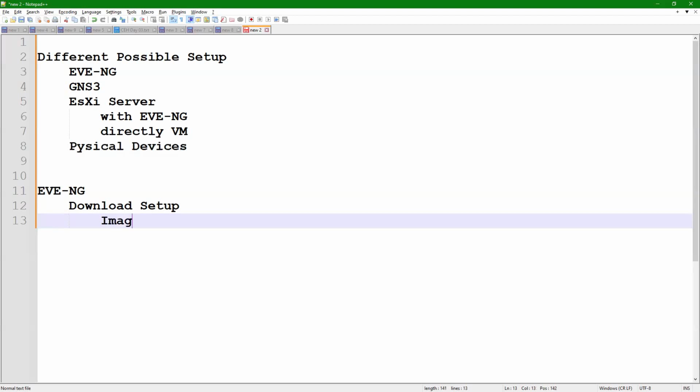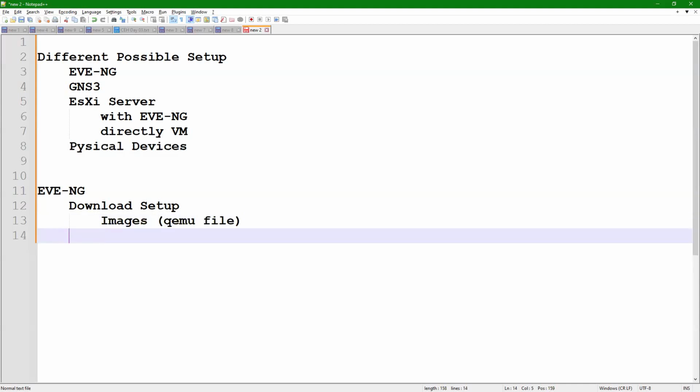Yes, you require images, or the technical name is schema file. Only EVNG is just a simulator. If we talk about Packet Tracer, it's directly pure software. We can just drag and drop devices there. We don't need to install the devices. While with GNS3 or EVNG, we require separate images.